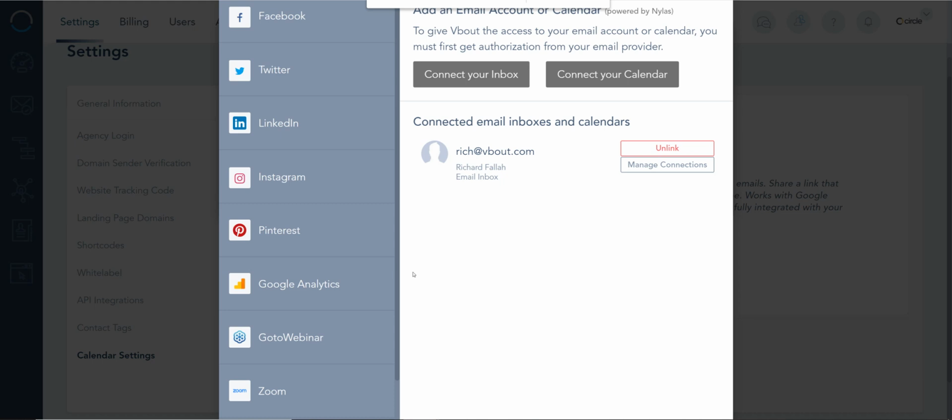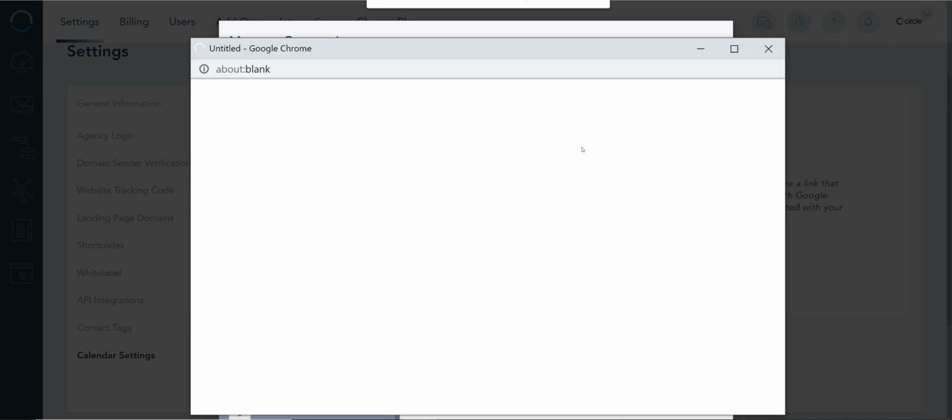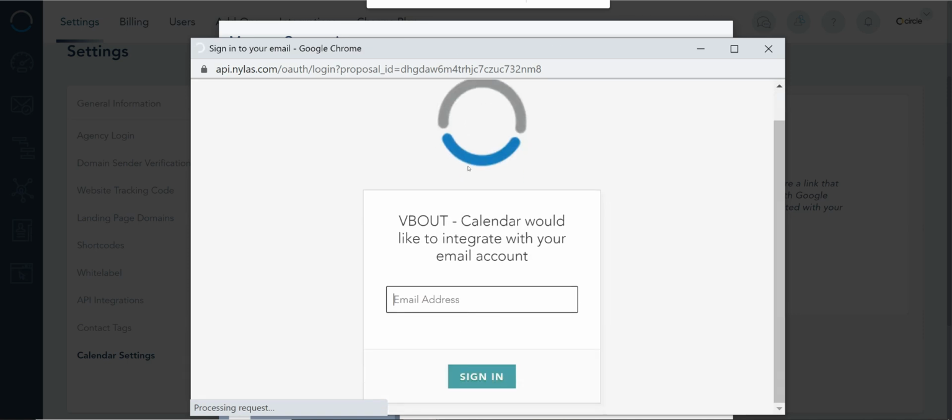It's going to prompt you to this connection center, and I'm going to be coming back to this so I can authenticate all my different accounts here. I'm going to click Connect Calendar. We are partnering up with Nylas to provide the calendar connectivity as well as inbox reading emails directly from your inbox. Nylas is our partner, but you don't have to worry about that because this is fully integrated within VBOUT. So all I have to do right now is